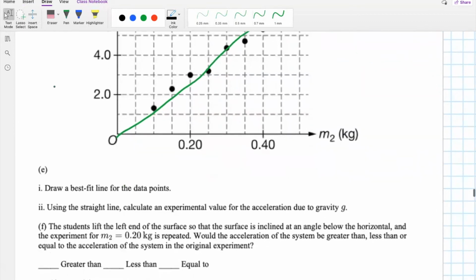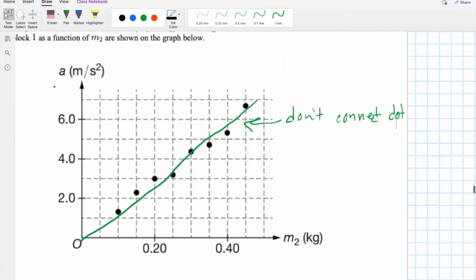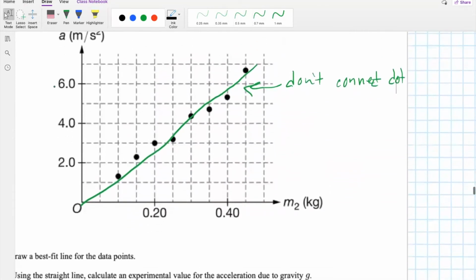Okay. Part 2. Using the straight line, calculate an experimental value for the acceleration due to gravity. Well, shoot, how are we going to do that with this data? So let's go ahead and look at the equation that we're working with. So when it's frictionless,